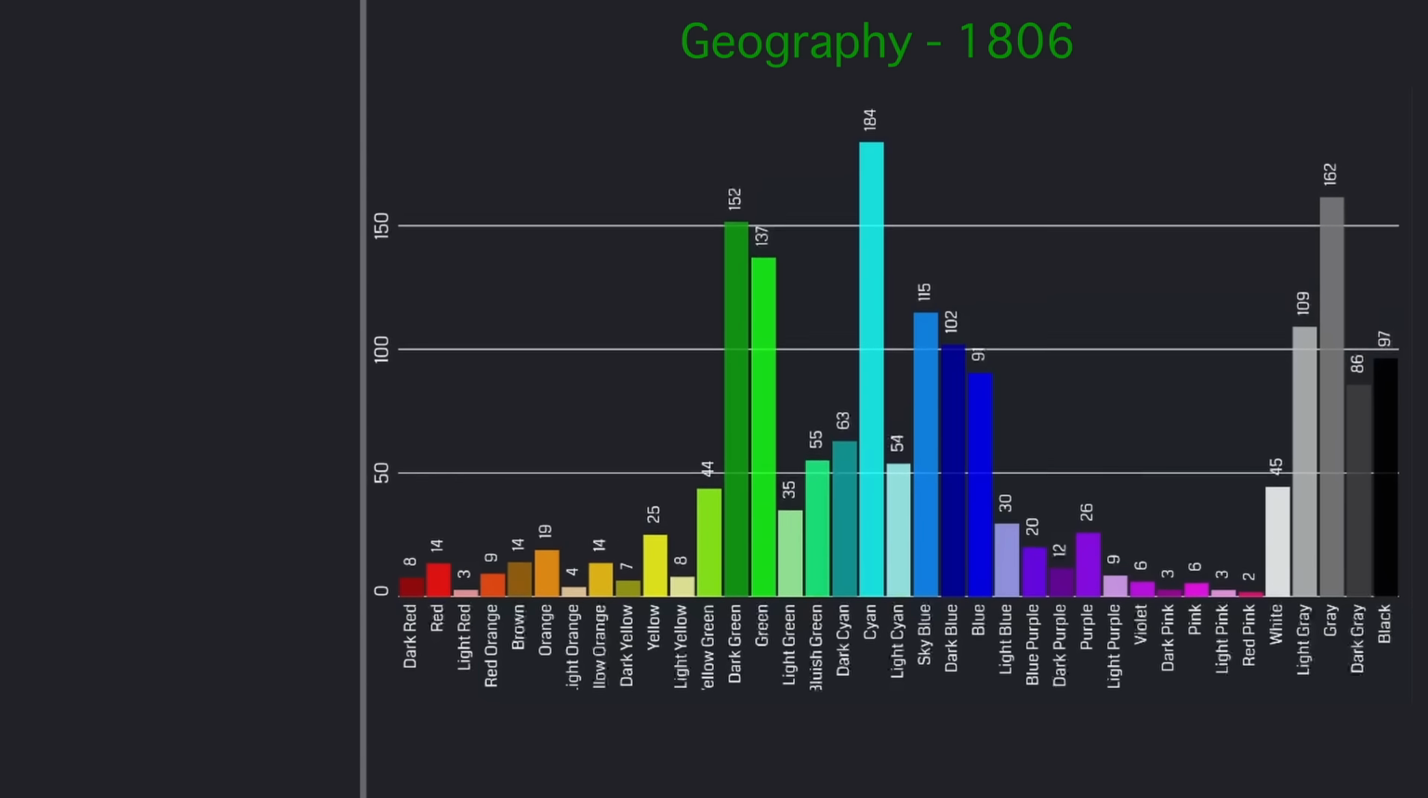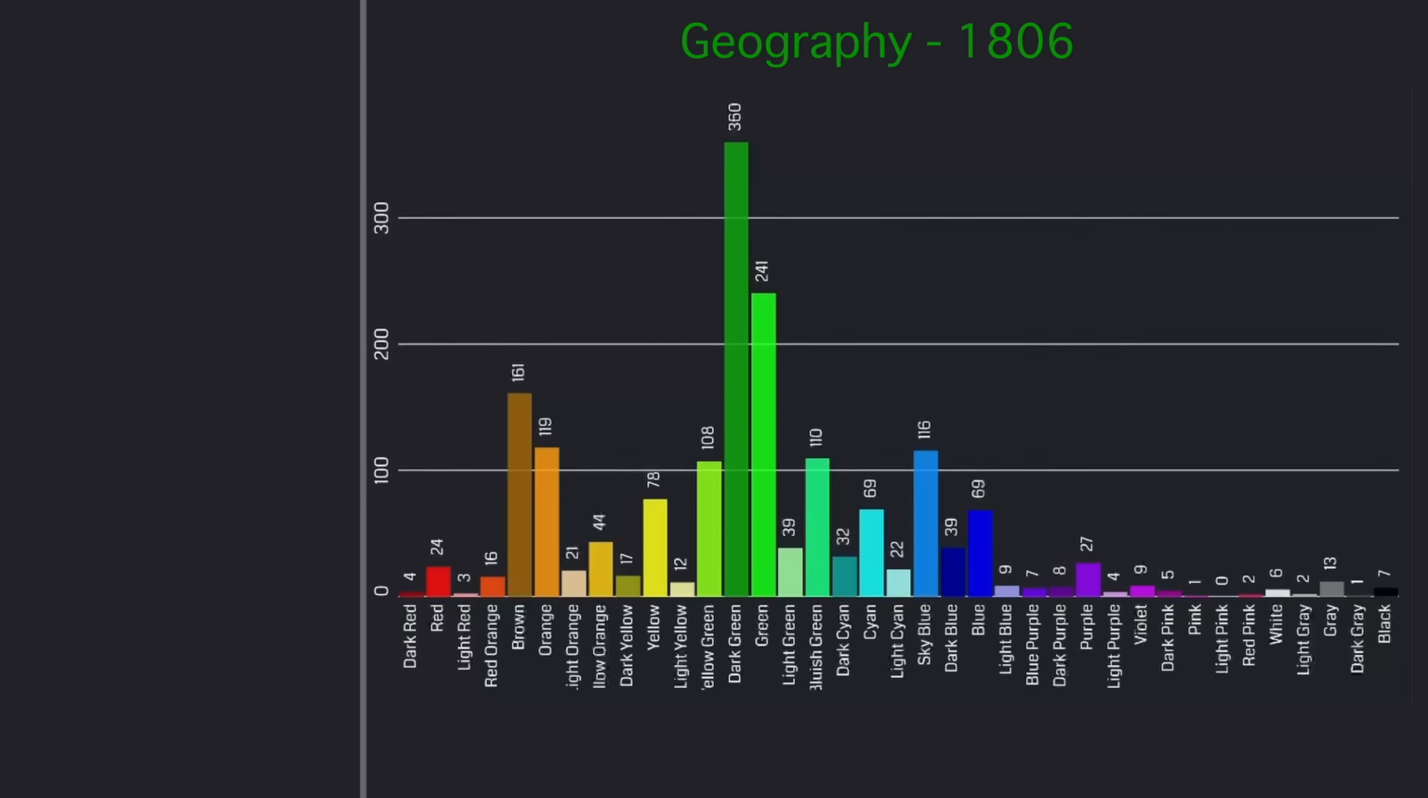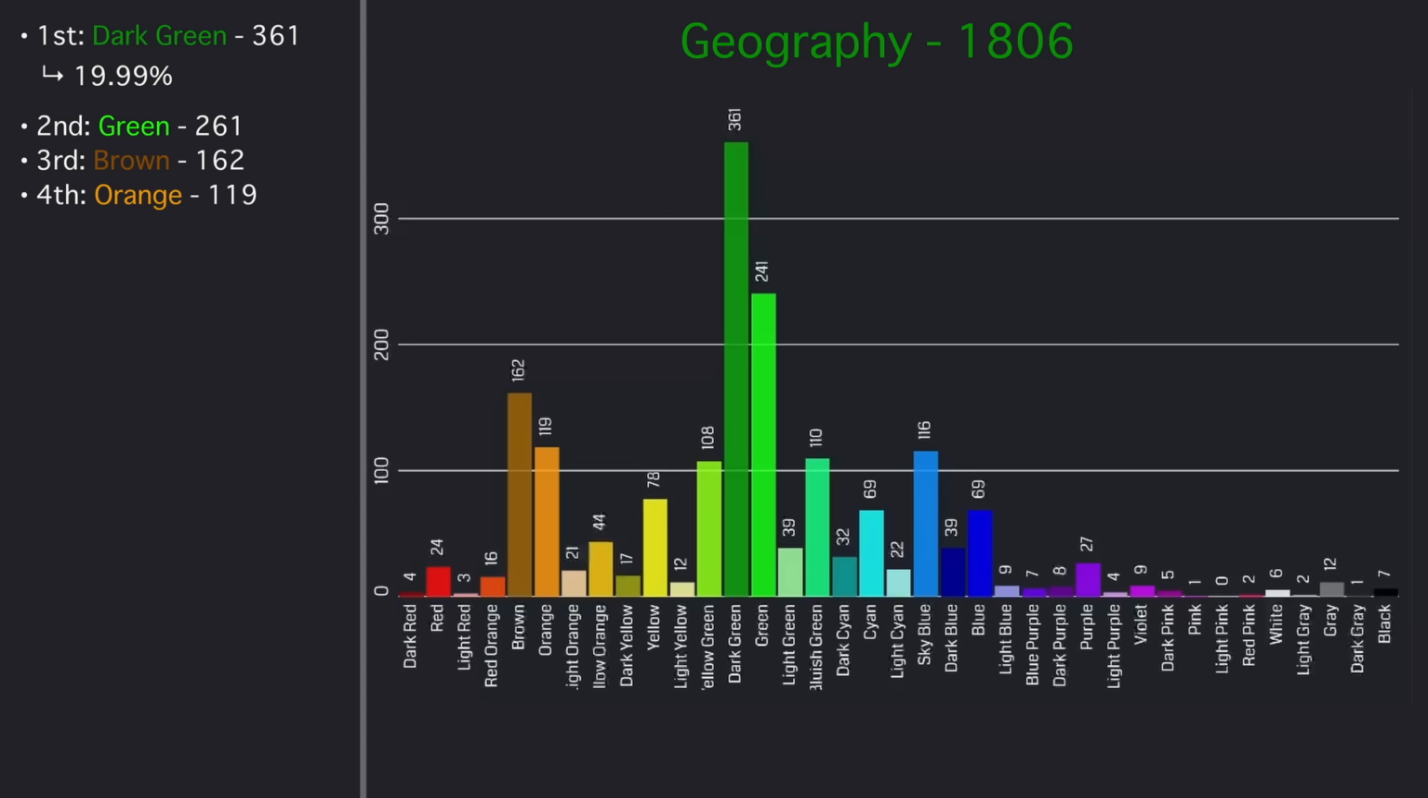Next up we have geography with 1,806 submissions, the most clear-cut subject yet, as 361 people chose dark green to represent it, aka 19.99% of submissions, a higher percentage than any other subject so far. In second place we have green with 261 submissions, then brown in third with 162, orange in fourth with 119, and sky blue in fifth with